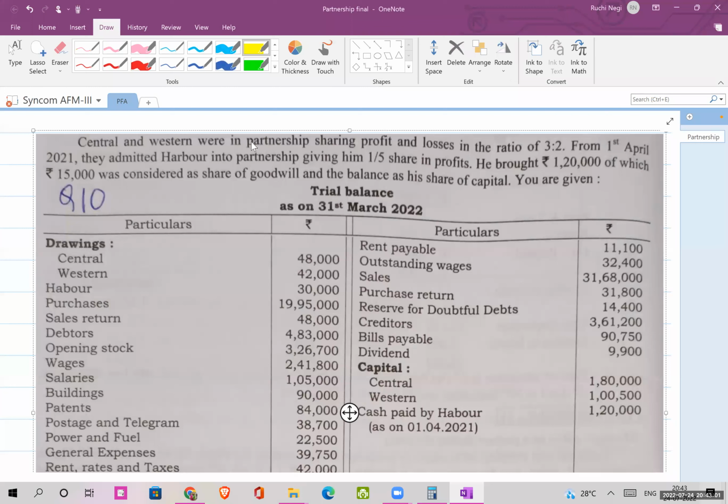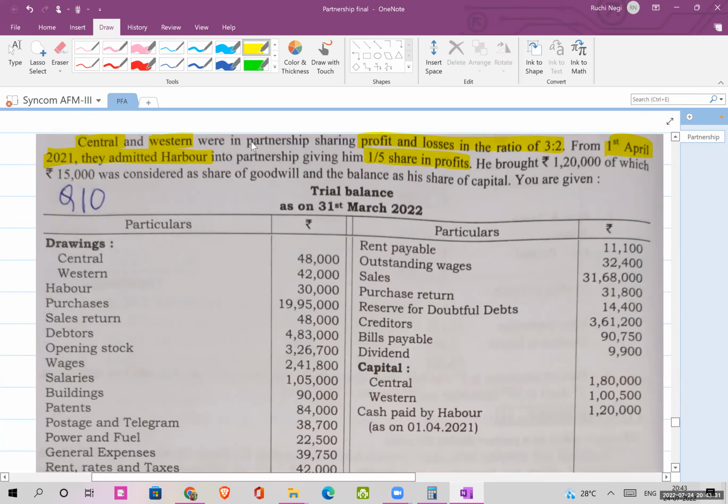Yeah, hello students. Let's move on to the next question for today under partnership final accounts. Central and Western were in partnership sharing profits and losses. This is the name of the partners, Central and Western. Partnership sharing profits and losses in the ratio of, so this is the old ratio, 3 is to 2. From 1st April 2021, the very first date, they admitted Harbour, the third partner, into partnership, giving him 1/5 share